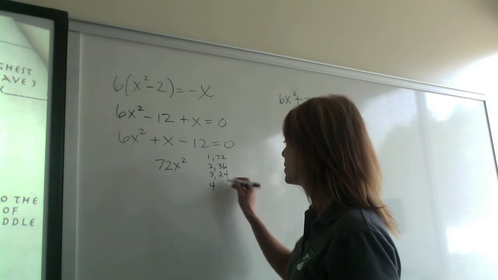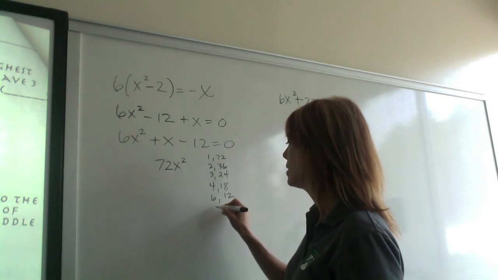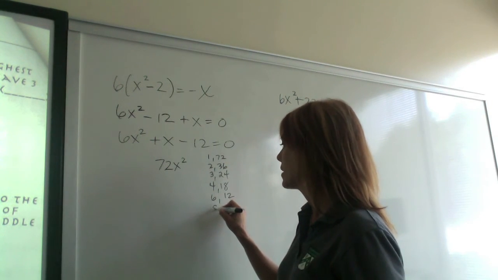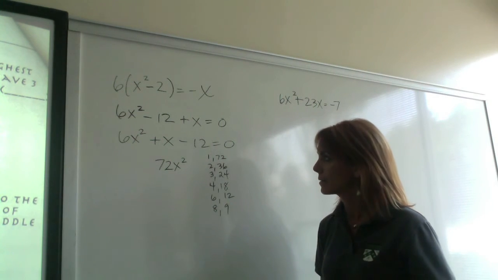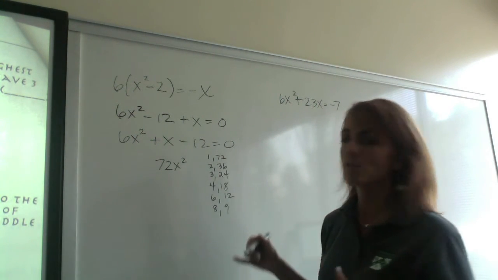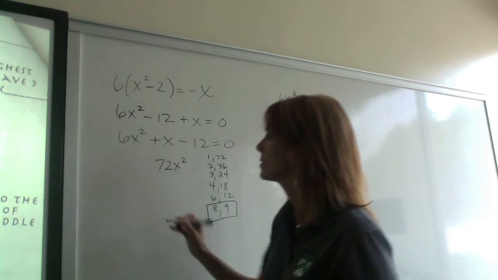I could go through this list all day. 6 and 12, 7, 8, and 9, and that would be the end of my list. Now thinking about on this list, what two things can subtract to make 1, and that would give me this, right? So I end up with 6x squared,